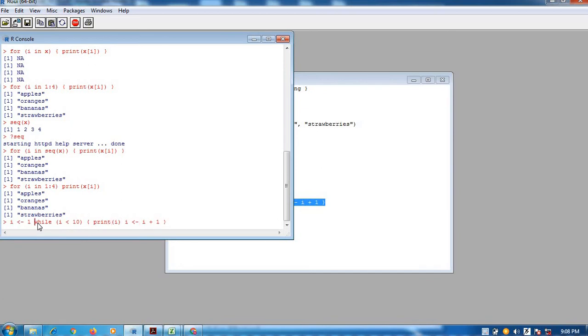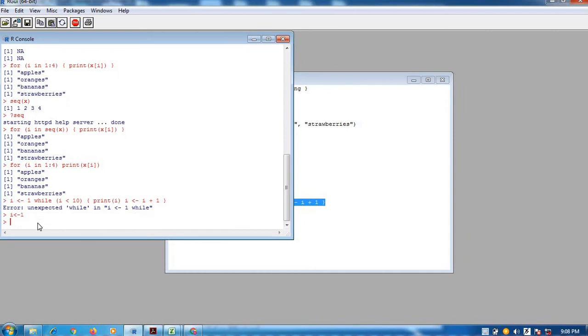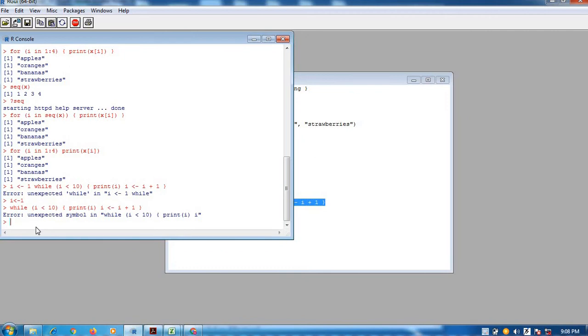See, you can write like this also. Now what happened? Enter while, and I is assigned to 1. So this total statement is wrong. Very first we have to assign I is equal to 1, and then we have to execute this while statement, right? Now again it is showing an error. So what is the error here?